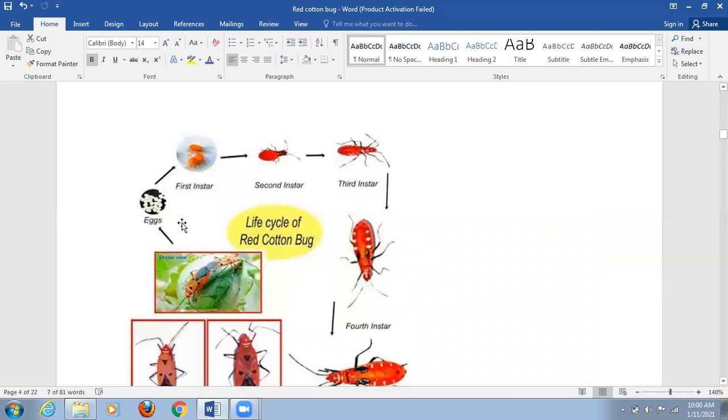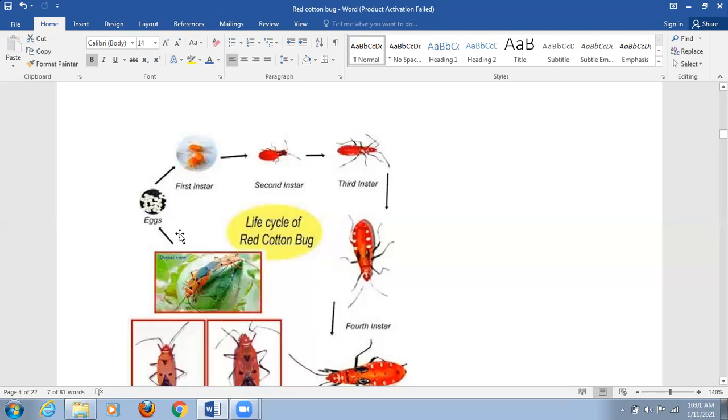So 70 to 80 eggs are laid under the moist soil surface. Eggs are also laid under the fallen leaves, or sometimes in crevices. So these particular eggs are protected. That is the strategy of the animal. If we look at the egg morphology, the eggs are spherical in nature and yellowish to white in color, and the eggs are 1.2 mm in length.